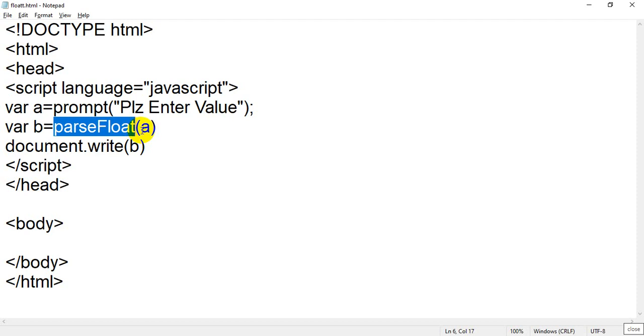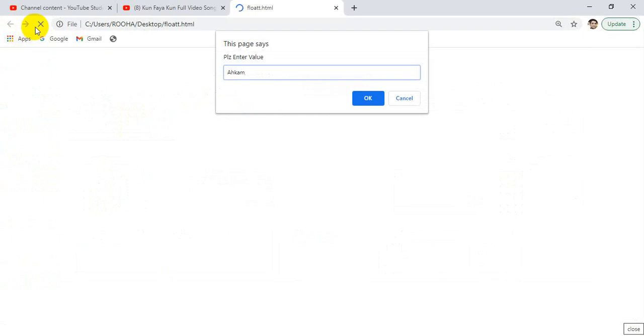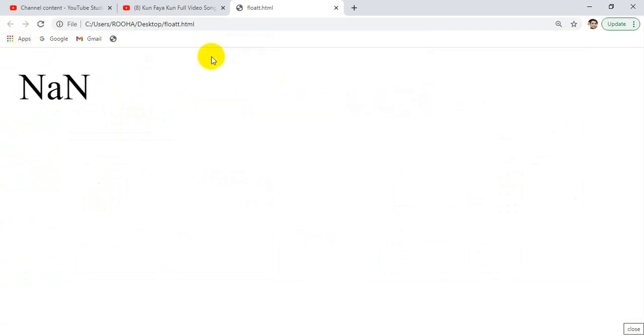If the first character is not a number, it will not move to the second character and it will generate that it is not a number, and you will get a result as NaN, not a number. Save it. When you click on OK, it will read only the first character of A.